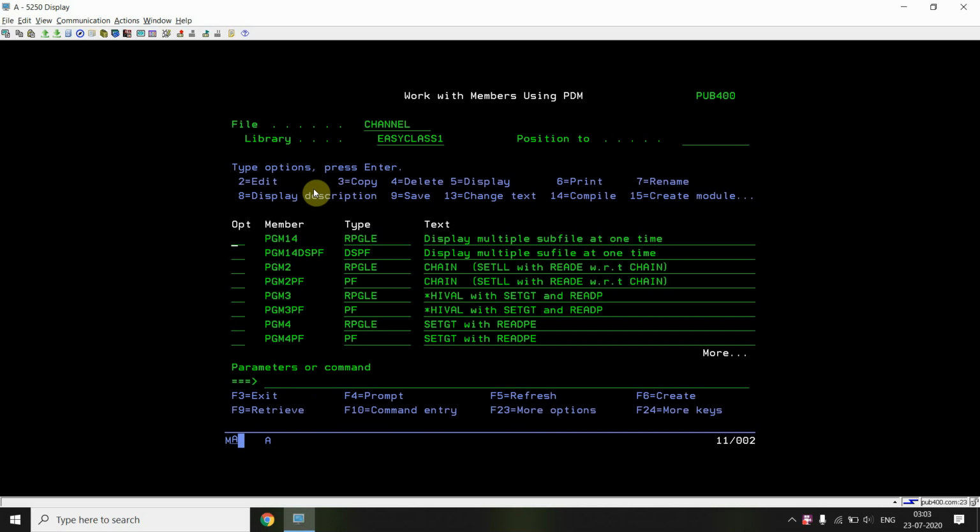So now you can write your own program. You can display at max 12 subfiles at a time. You can display 2, 3, 4, whatever you want, but max 12 subfiles at a time. This is very simple. You just have to create the display file. There you have to create the number of subfile formats and subfile control formats which you want to display. For example, if you want to display 3 subfiles at a time, then you have to create 3 subfile formats and 3 subfile control formats, and then you have to load them all in the load subroutine.